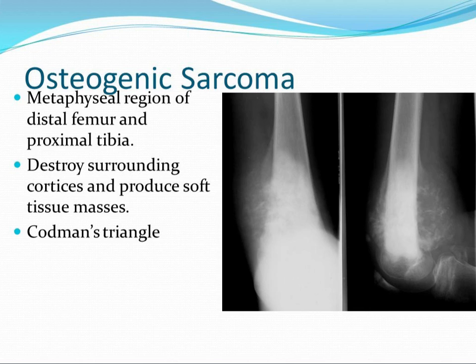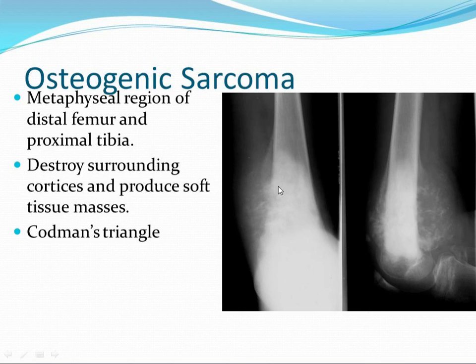These are the most typical sites of the osteogenic sarcoma, a highly potential malignant tumor, which is seen around the age of 20 to 30 years. It occurs in the metaphyseal region of the distal femur and the proximal tibia, and destroys the surrounding cortex and produces a soft tissue mass. That's what I told you in the X-ray features of malignant tumor in the beginning, which is seen here. See this one. This has already destroyed the cortex, and surrounding periosteal new bone formation is clearly